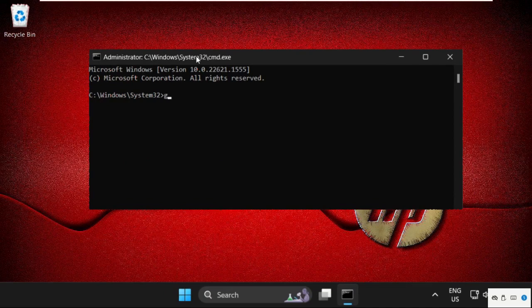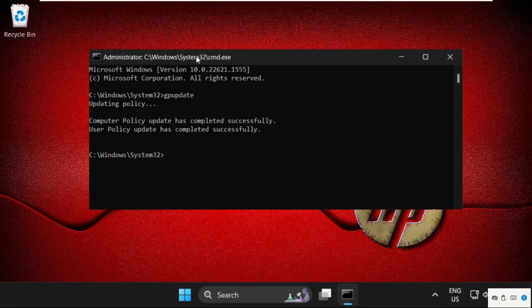Simply type in gpupdate and hit enter. So this will take some time to complete the process. We need to wait for it. It will take around 1 to 2 minutes. So just wait. After that, type in